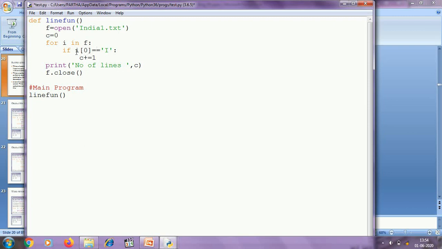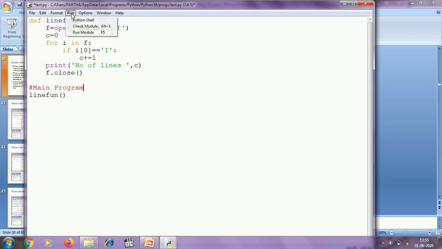Here I am checking whether the first character, that is the 0th index, is capital I or not. If it is capital I, then I am incrementing the value of the count, and then after fetching all the lines and checking, I am going to print the count, and finally I am closing the file.